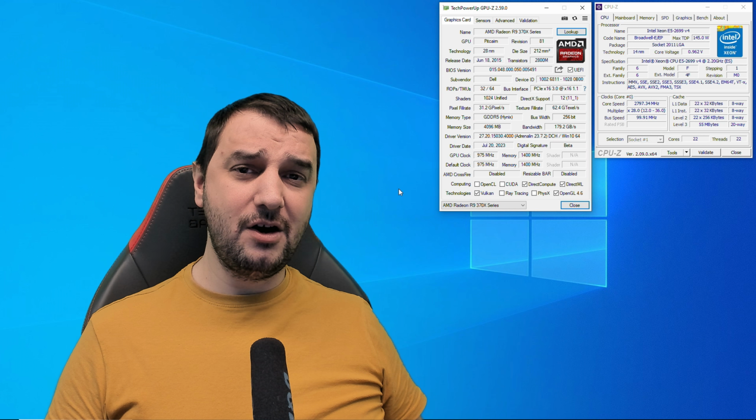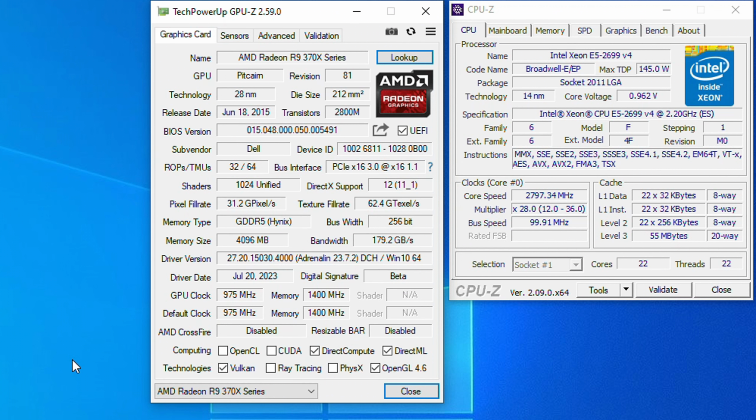We're in today with the R9 370. This is a 2015 video card with 1024 shaders. It's got 4 GB of VRAM GDDR5, 975 MHz on the core clock and 1400 MHz on the memory clock, 256-bit bus width, and we're gonna pair it up with this E5 2699V4 with 22 cores and 22 threads